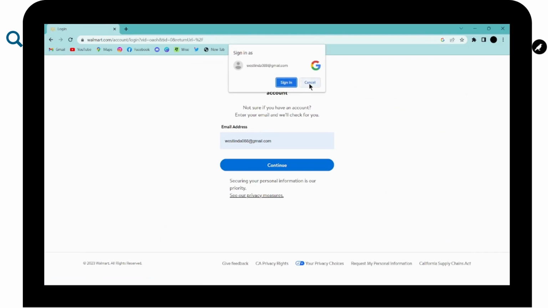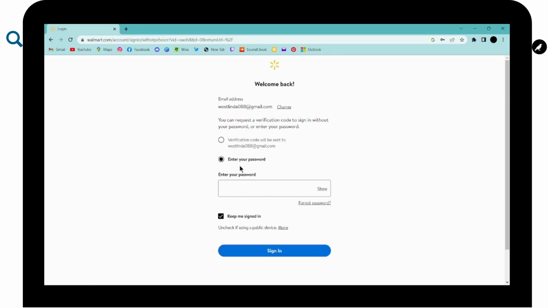And to sign in, first you have to enter your email address, and after entering your email address you can click on continue. And now you have to enter your password, or you can also choose this one, verification code, so that a verification code will be sent to your email address and then you can be logged into your account